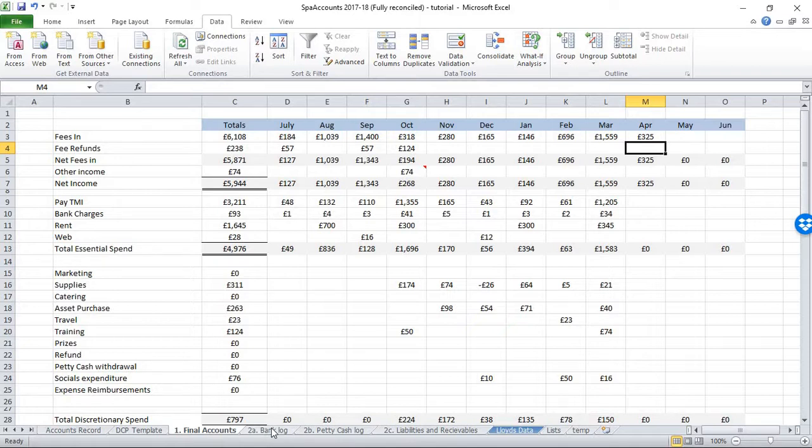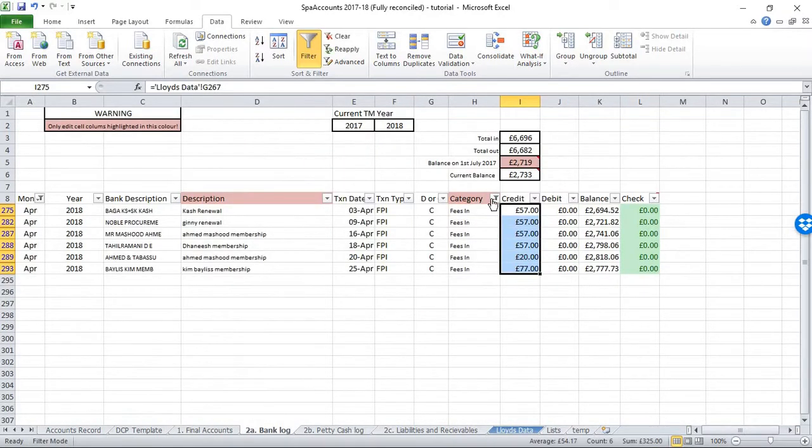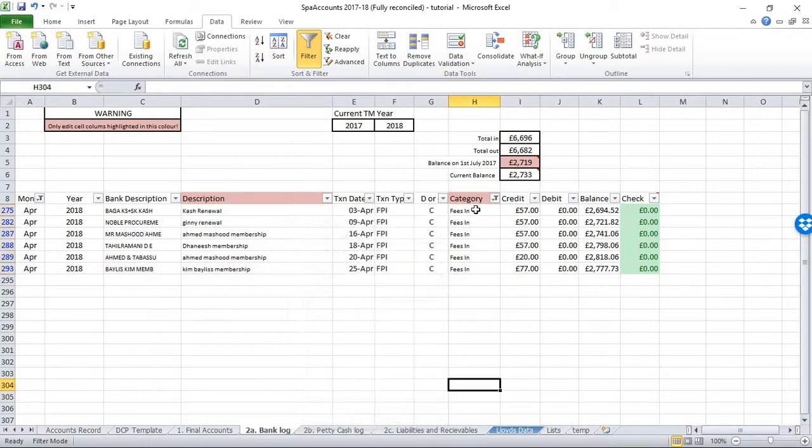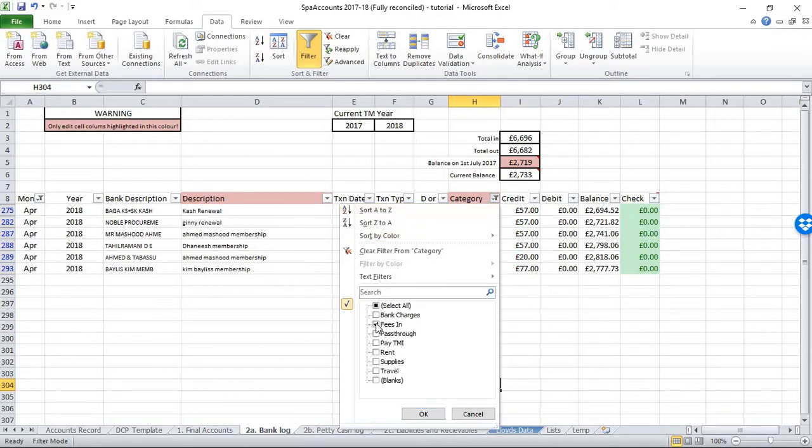Were there any fee refunds? Well, there weren't, because if there were, there would be a C and a D here, but there's only a C here, which means there's only been credits, there's only been fees coming in, there have been no refunds in this case. So what I'm going to do next, I'm now going to look at the next mandatory cost, which